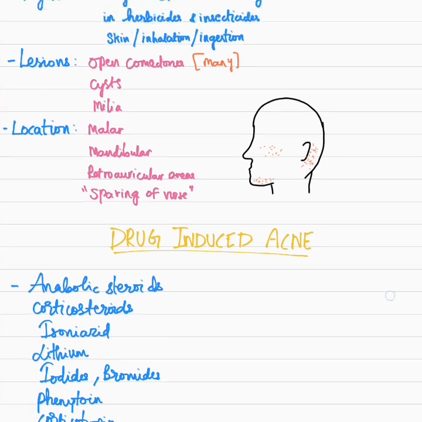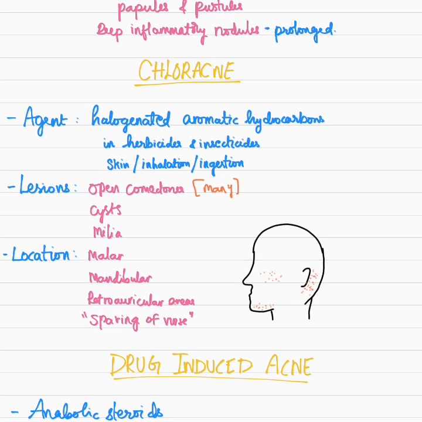It is very important to differentiate between chloracne and acne vulgaris, because sometimes there is a chance to get confused between the lesions because they also involve similar areas. Chloracne can occur in any age group, whereas acne vulgaris is characteristically seen in adolescents. Acne vulgaris also affects the face, back, and chest, whereas the malar area, axilla, groin, or even extremities are involved in chloracne. Open comedones, many in number, are characteristic lesions of chloracne, whereas in acne vulgaris, comedones can be limited, and there are usually papules, pustules, and cysts also present.